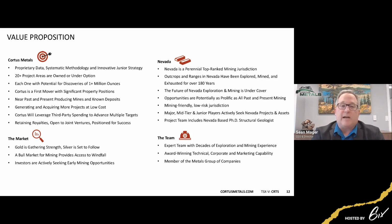We like to think of it as having several lottery tickets under one banner. When you buy our stock, you're exposed to 20 plus opportunities for a major discovery. That doesn't mean we'll have 20. We have to be realistic, but we could. And if nothing else, we have a much better probability than if we had just one. So that is some of the opportunity that exists for investors,